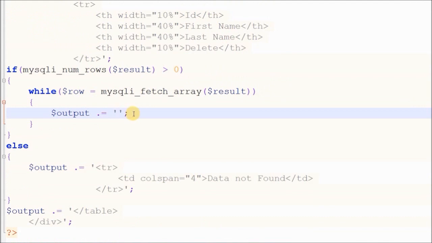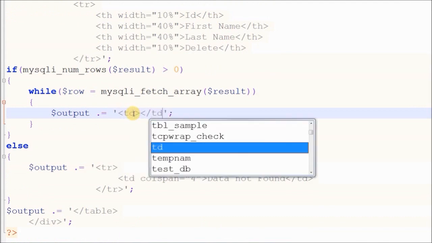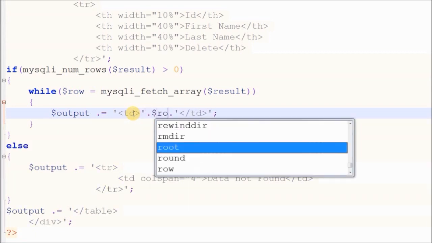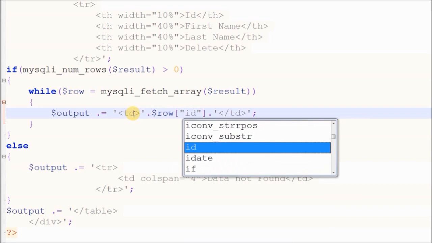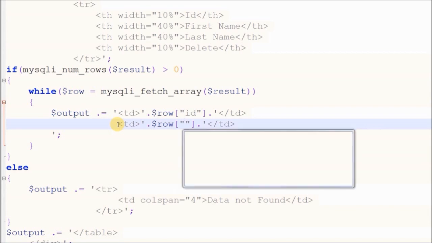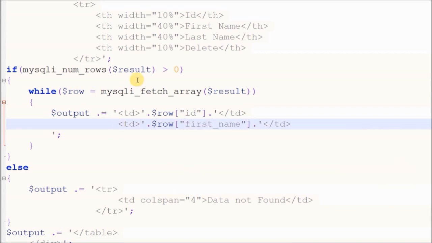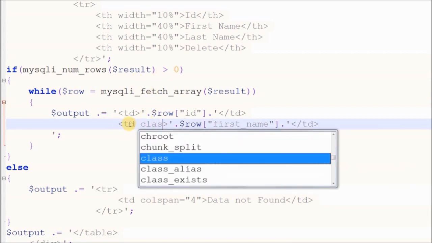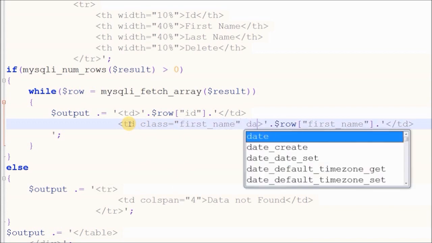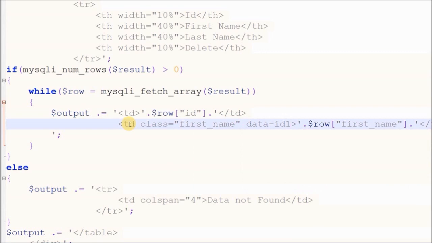There are 4 fields in the table. The first field is id. The second field is first_name. In this I define a class with the name first_name for the jQuery selector. In this field I also define data attribute 1 for storing the id of the row for this field. For live table edit I use the HTML5 contenteditable attribute. The contenteditable attribute specifies